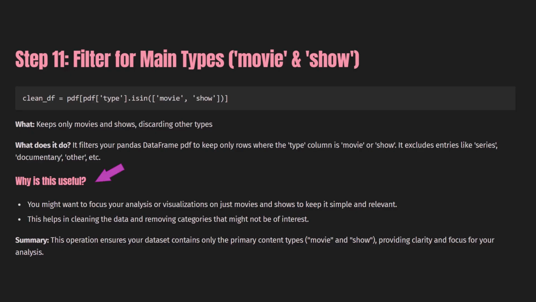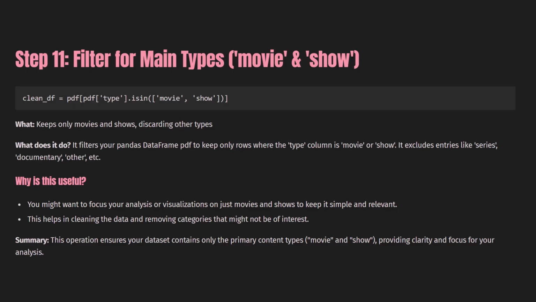This is very useful. You might want to focus your analysis or visualizations on just movies and shows to keep it simple and relevant. Also, this is helpful in cleaning the data and removing categories that might not be of interest. So these operations ensure your data set contains only primary content types, movie and show, providing clarity and